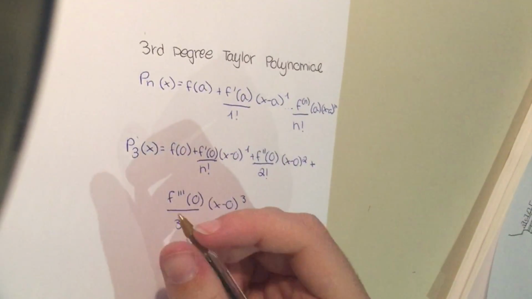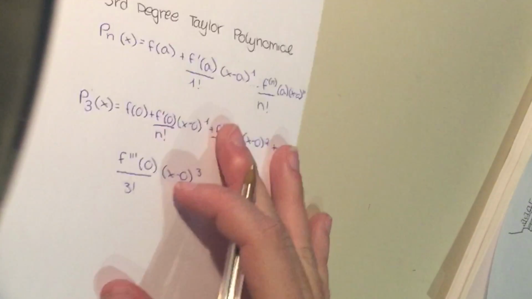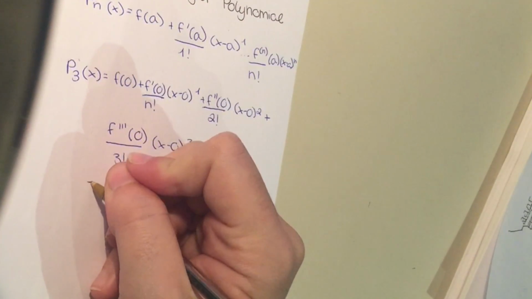So then we substitute with the numbers we have found, which would equal